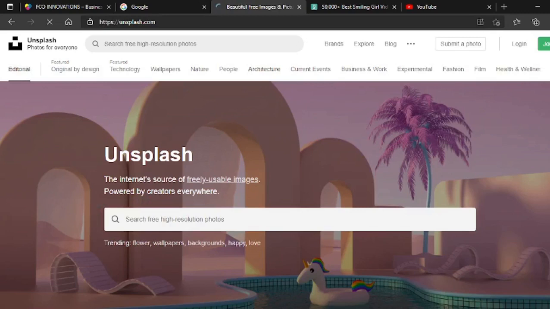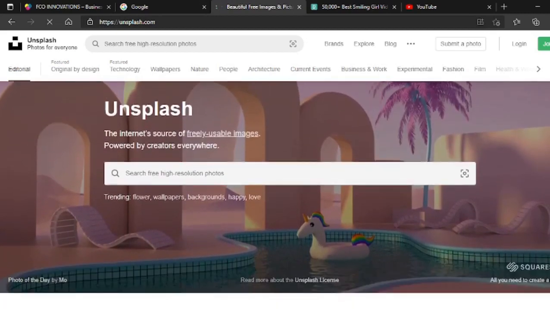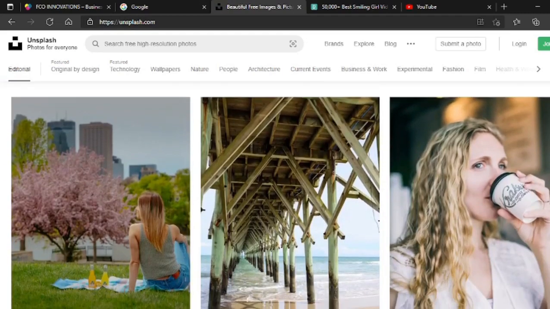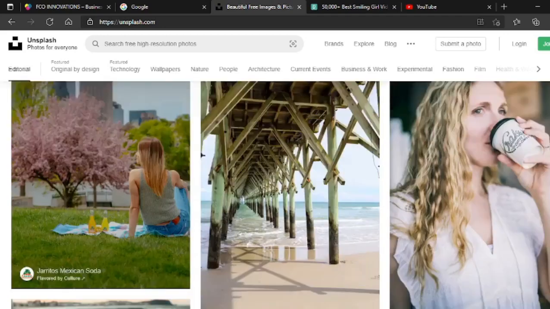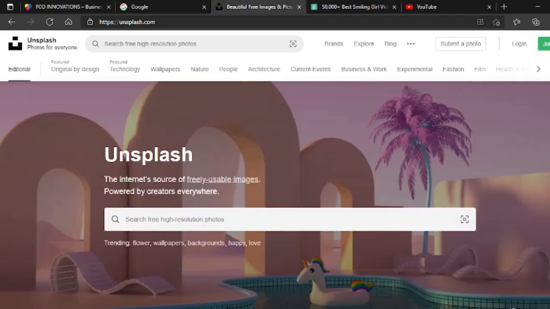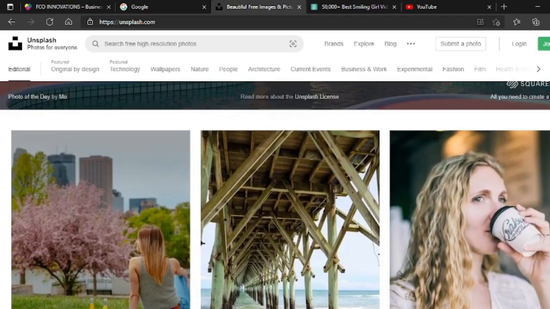What this site basically does is that it provides you with free, quality pictures that you can use to do many things. You can use it for your web design, you can even use it for your graphic design. Unsplash provides unlimited pictures for any concept or for any designing.